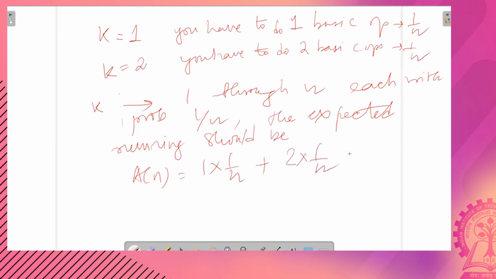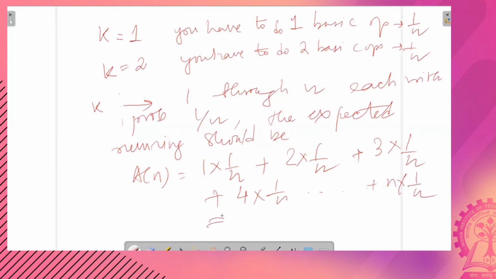When you find it in the second place, plus 3 into 1 by n, plus 4 into 1 by n, and so on and so forth up to plus n into 1 by n.